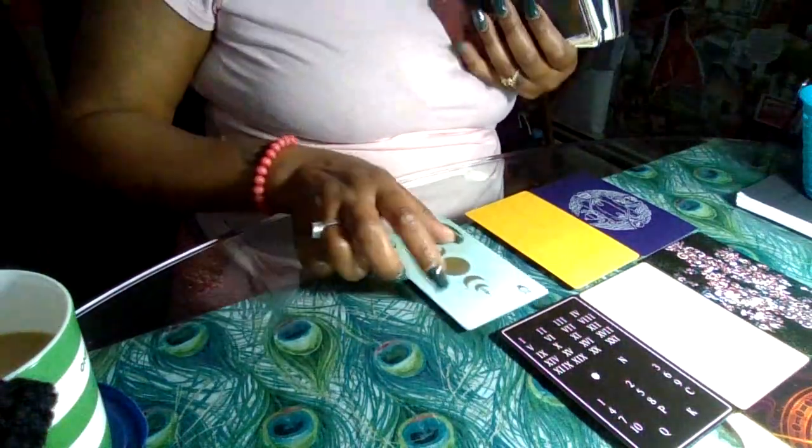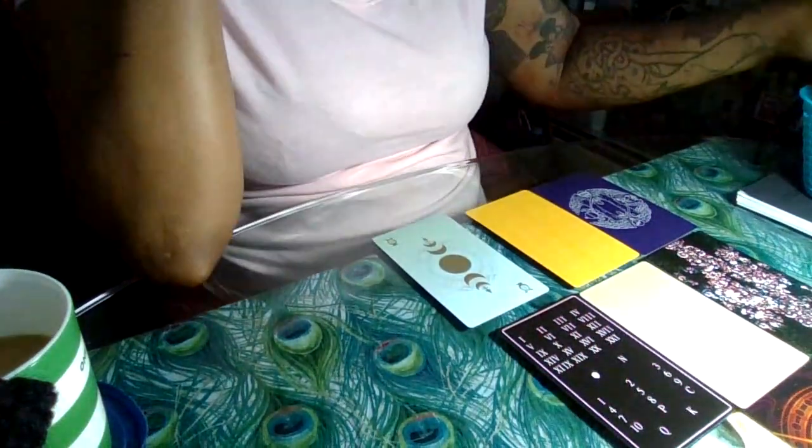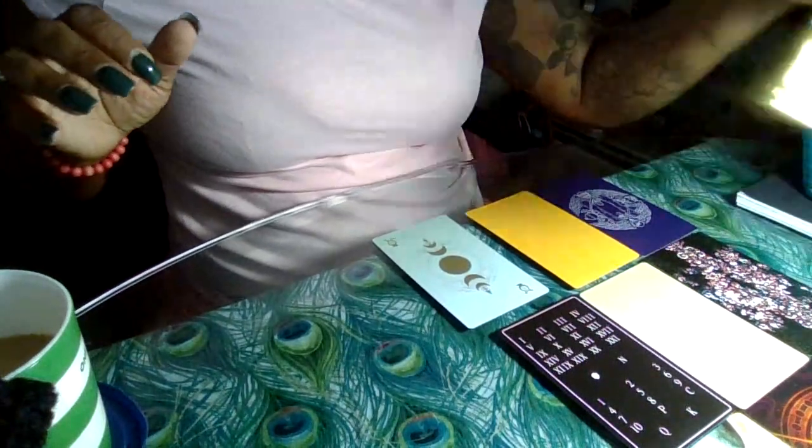Alright, so we only need 1 more for this spread. We only need 1 more card for this spread. Oh, there we have it. Alright. Holy Spirit, Ancestor Angels,